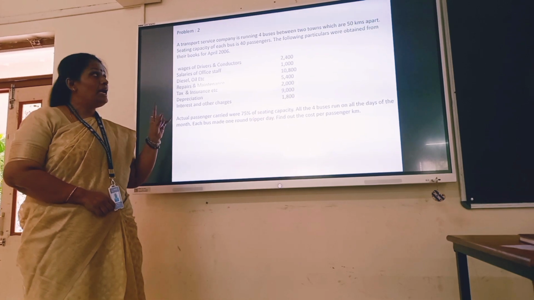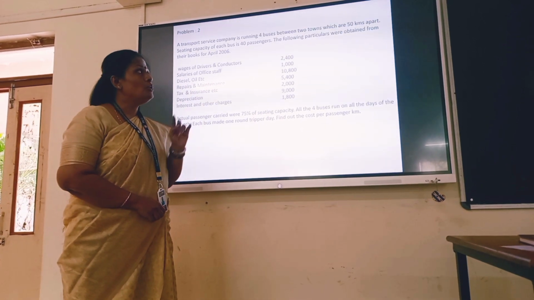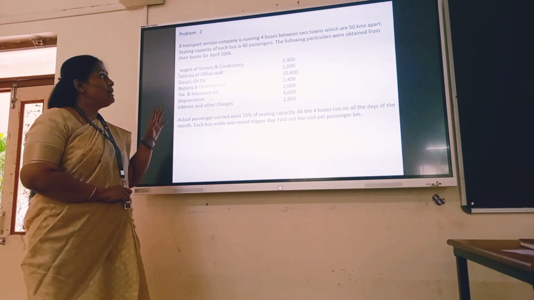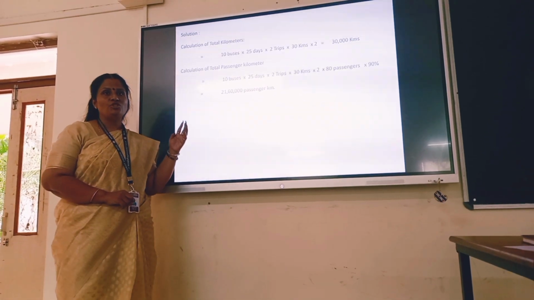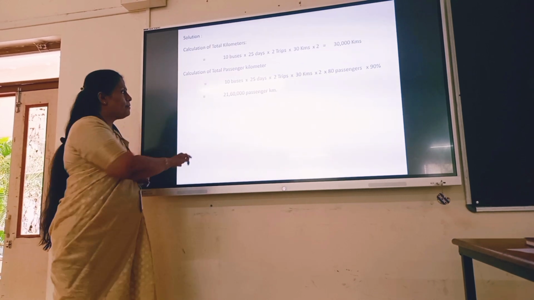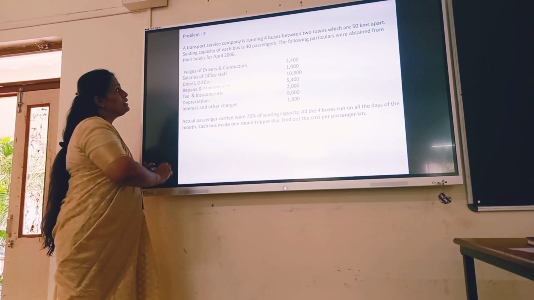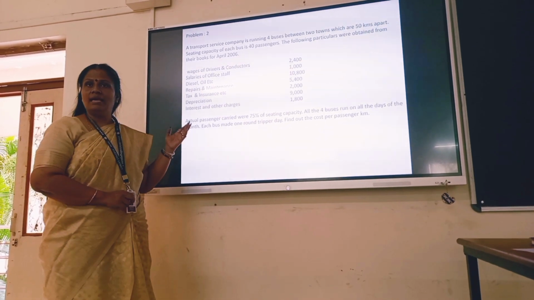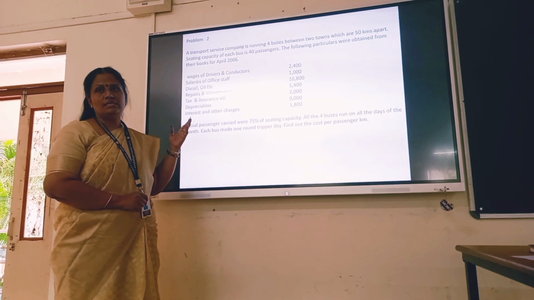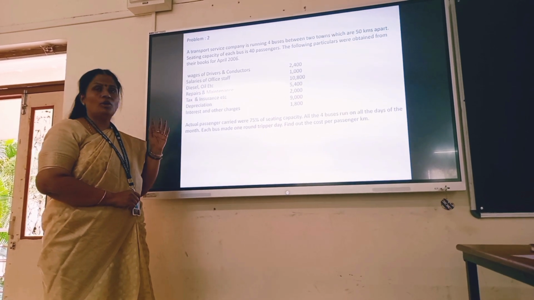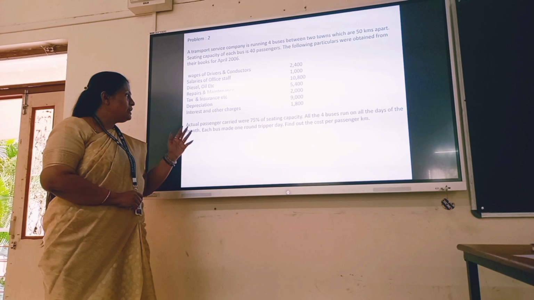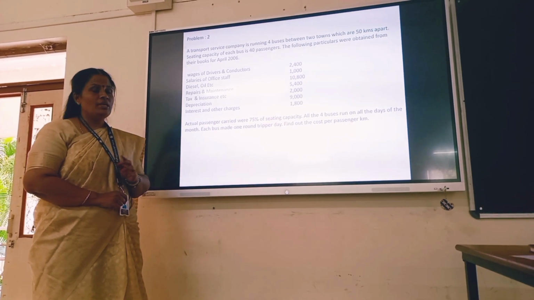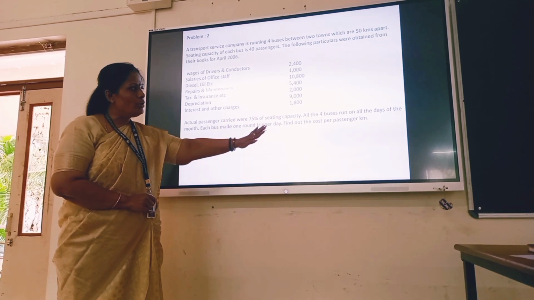4 buses, and the detail is given like between 2 towns which are 50 kilometers apart. Seating capacity is also given, 40 passengers that bus can carry 40 passengers, and these are the details, that is real expenditure or overheads which occurred for running that service or fulfilling the service. And the actual passenger carried was 75% of seating capacity, and all the 4 buses run on all the days